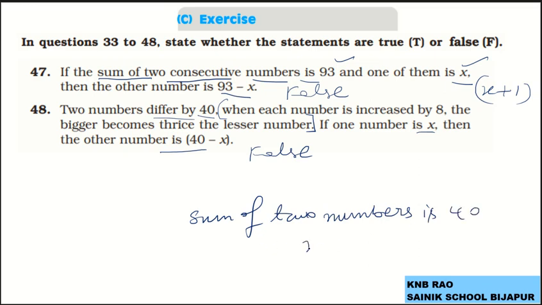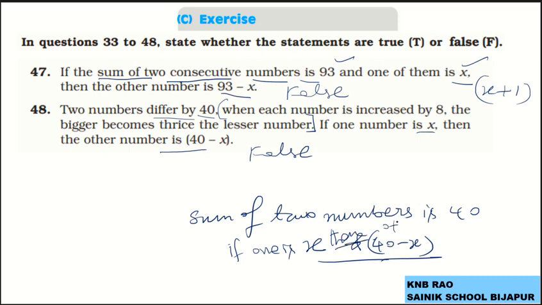If one is x, then the other is 40 minus x. But here he says difference, it cannot be 40 minus x, it is supposed to be